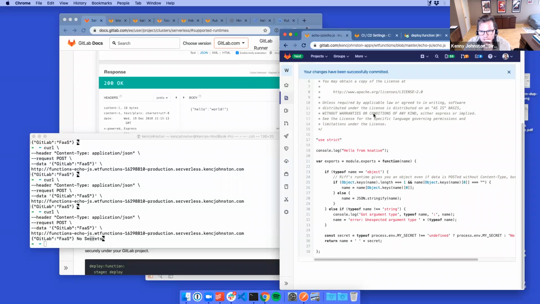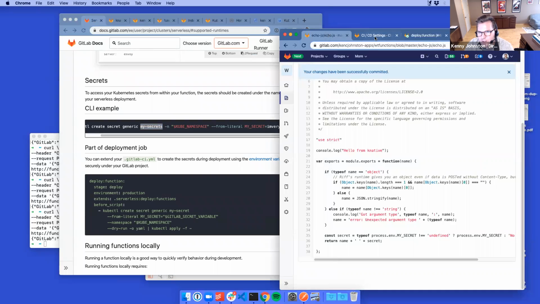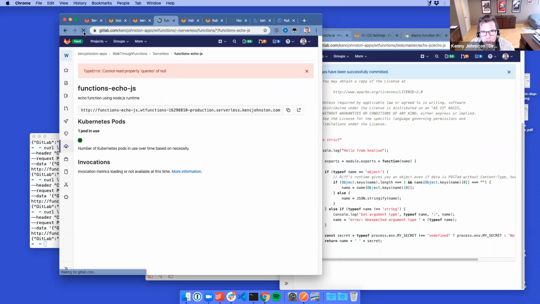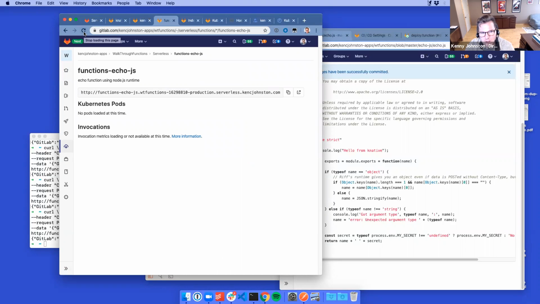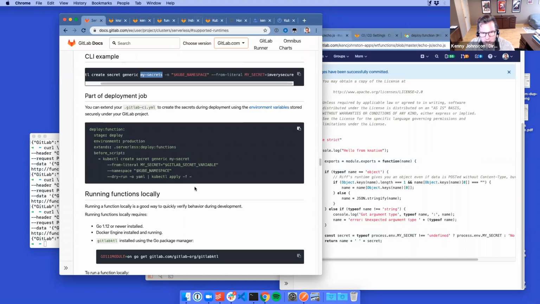Not sure how to proceed with the secrets part. I'll have to come back to that. I do have a successful function running. Don't have invocation data, which I'm expecting. I'm not able to get the secrets part of this where I can pass a secret and use it in